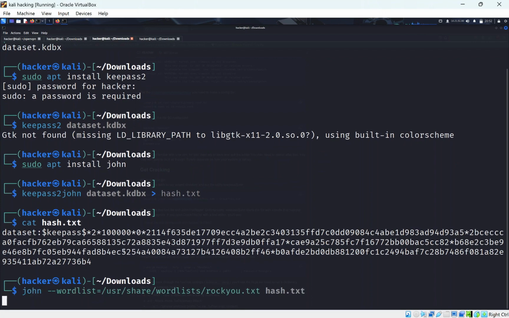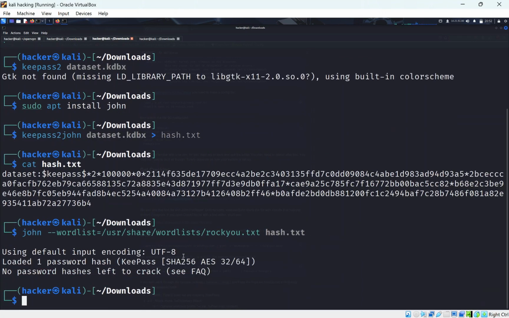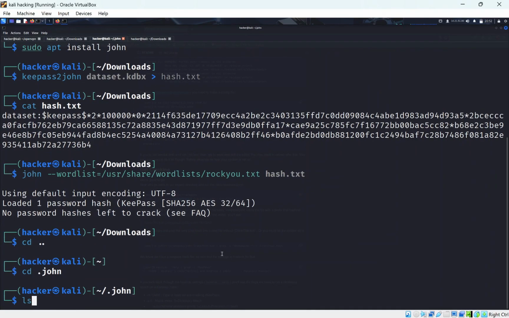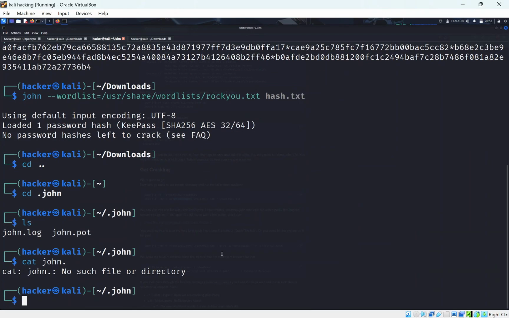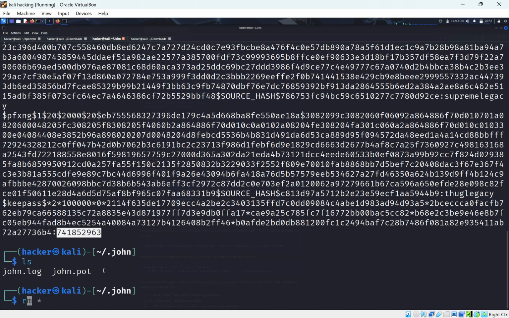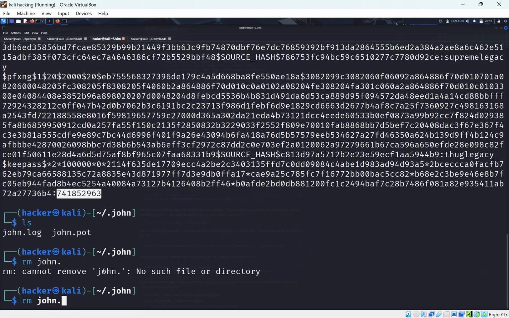So if you do john --wordlist=rockyou.txt and the hash. The reason why this has happened is because I already have cracked the hash. Normally this would take a little while, but if I cd to .john and cat my john.pot, the reason why it's in my pot is because I already cracked the hash, and it's just a bunch of numbers. So I'm just going to remove my john.pot